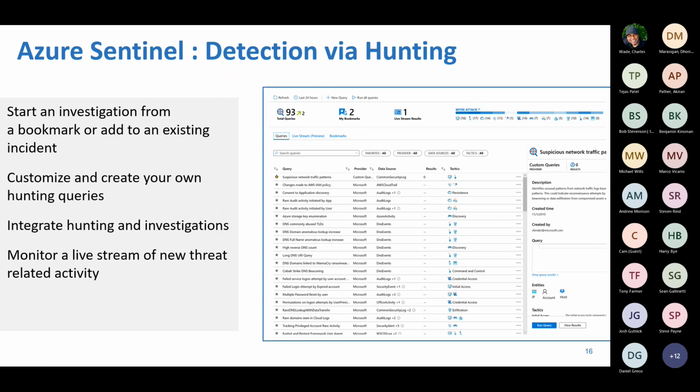That's a script that you can write. Scripts are written using a language called KQL, and you can run that query across your environment at any given point of time. Similarly, Microsoft has already pre-written hundreds of these hunting rules,